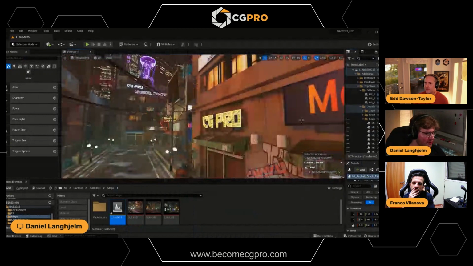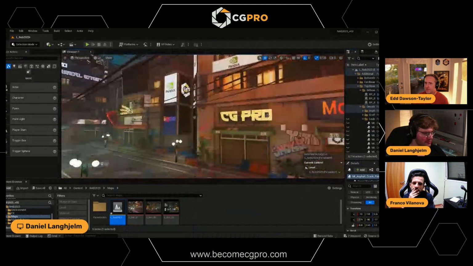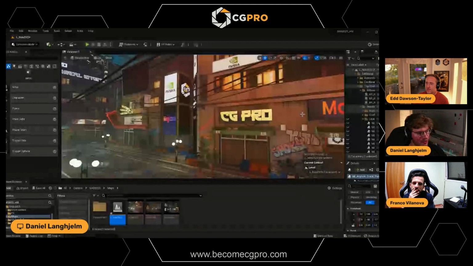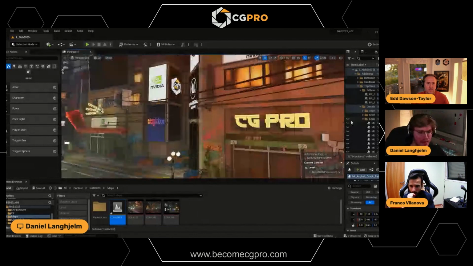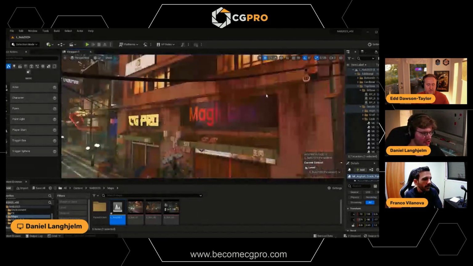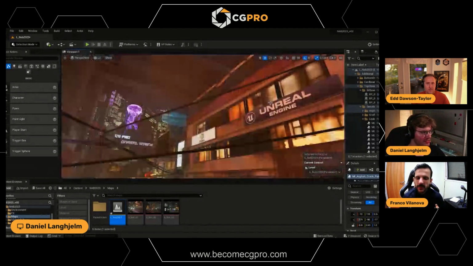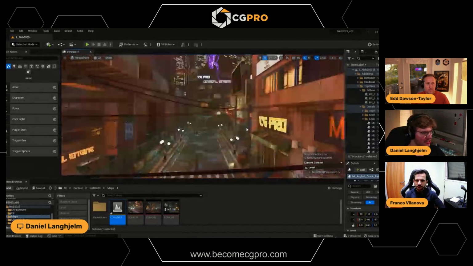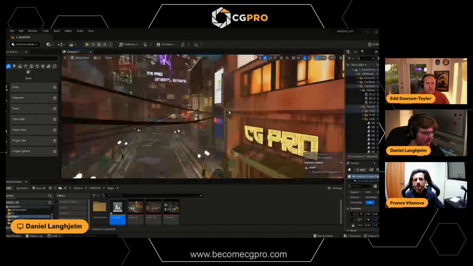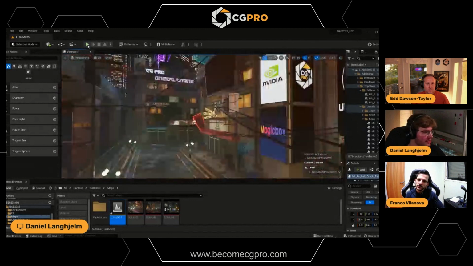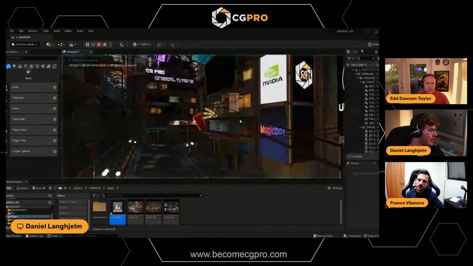Without having to go and take it out of engine, paint it, and then bring it in, and then look at it, and then be like, okay, now I got to bring it back, right? I was able to just add it on top of things to really give it so much more life. And on the other thing is that if I just press play, I even brought in some of our student work,